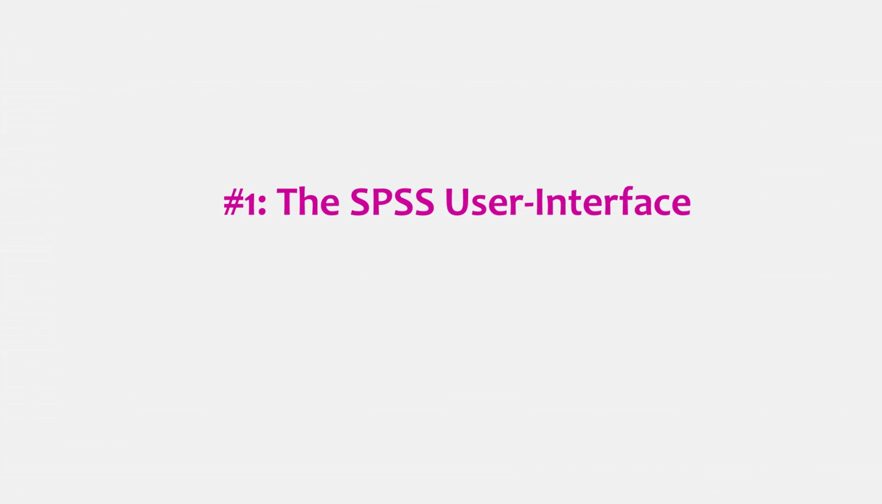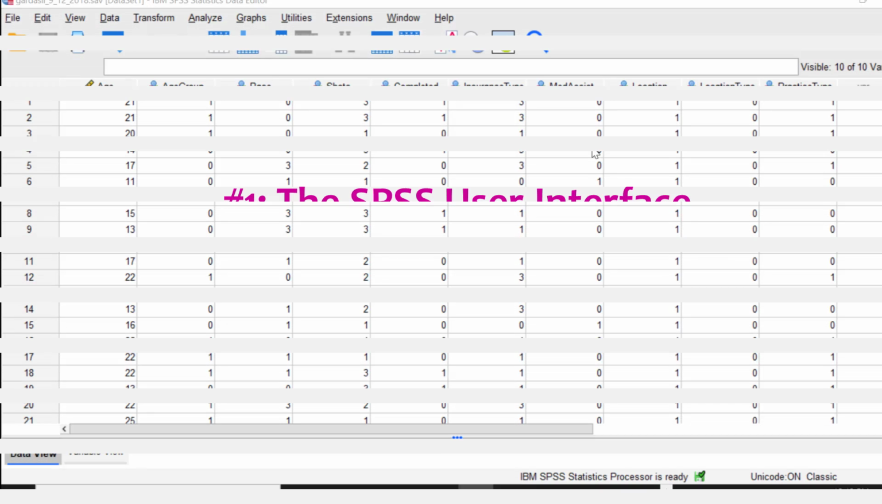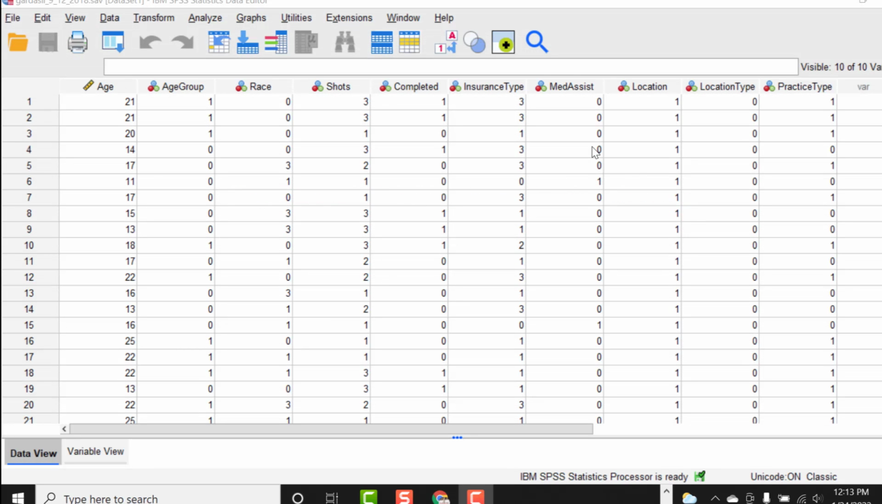For this tutorial, we will be using the Gardasil dataset. This dataset contains data from young women between the ages of 11 to 26 who went to Johns Hopkins medical institutions between 2006 to 2008 to begin the 3-shot regimen of vaccinations against the HPV virus. So,